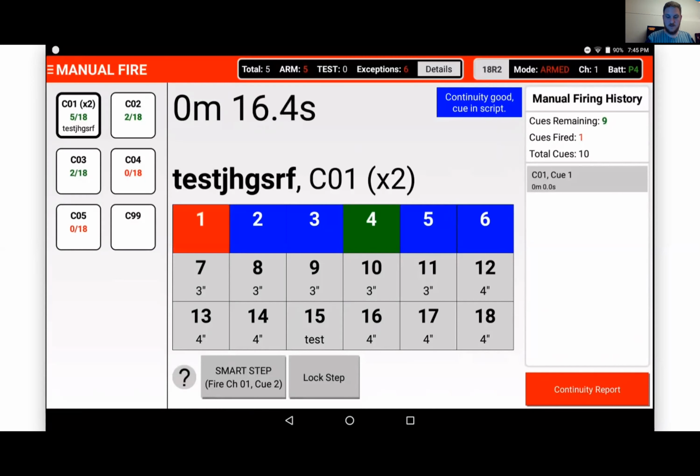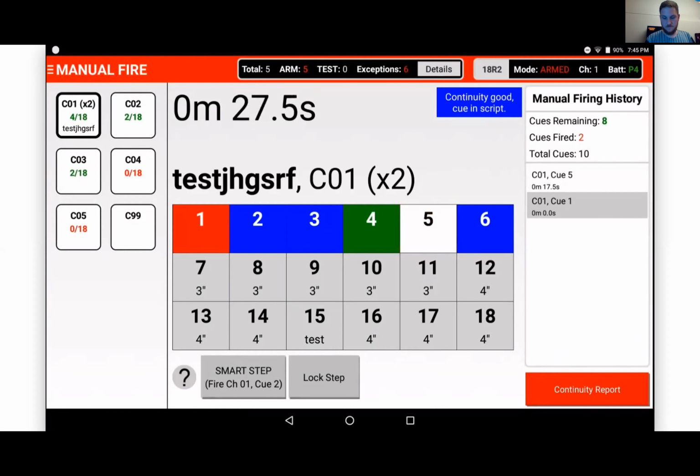So if I, for example, fire Q5, you'll see that Q5 is now blinking red, just like the 18R2. Blinking red is the last queue I fired. Red is previously fired, and in this case, blue or green are queues that have continuity. Also, you might notice that when I fire those queues, they are showing here on the right side in my manual firing